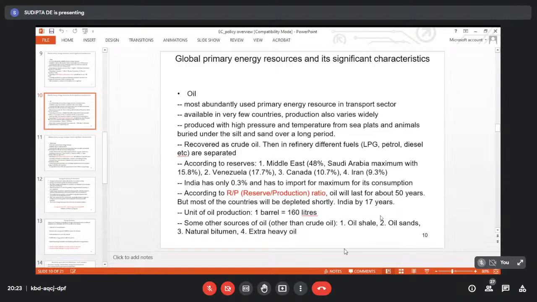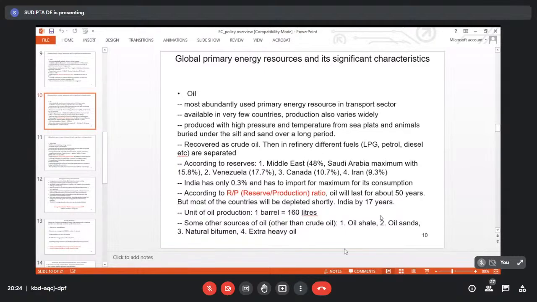So the process is, crude oil is imported, then in the refinery you are separating from the crude oil different ranges of hydrocarbons for commercial use, for which the technology is already developed. That's why refineries are very important. Every country must have a refinery to convert the crude oil to the desired or value added product for supply. But these refineries have to be in the country of destination, that means the country which is importing that particular crude oil.